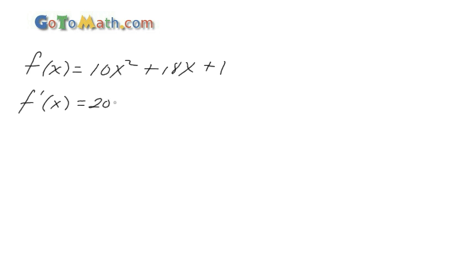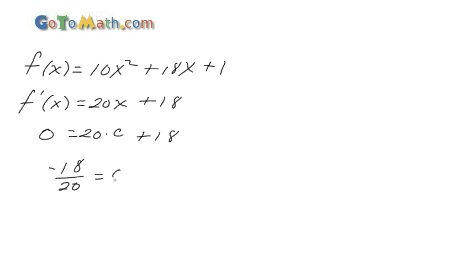Alright, so the first thing we're going to do is take the derivative. So we end up with 20x plus 18. And now what you're going to want to do is set this thing equal to 0. We're going to plug c in for x because that's what we did in some previous problems, right? That's the critical number we want to find. And so we've got this equation, we just simply solve for c in it. So we end up bringing the 18 over. We have negative 18 over 20 happens to be our c,